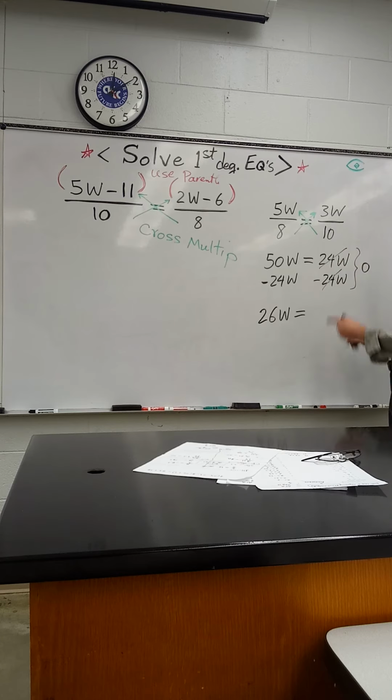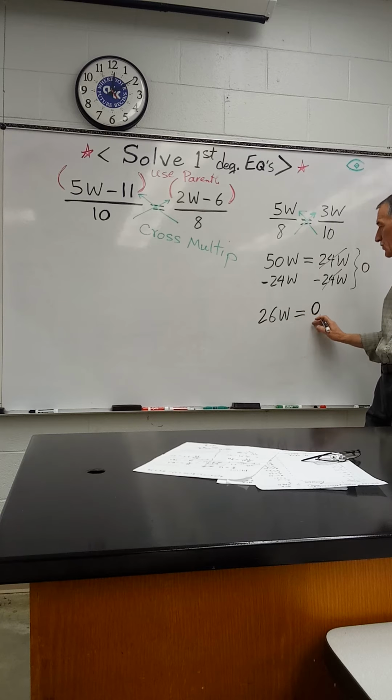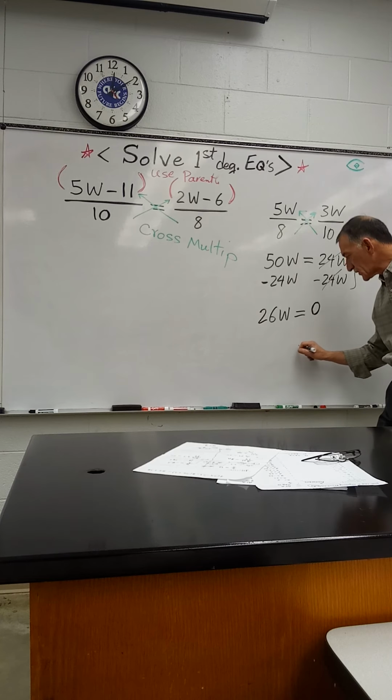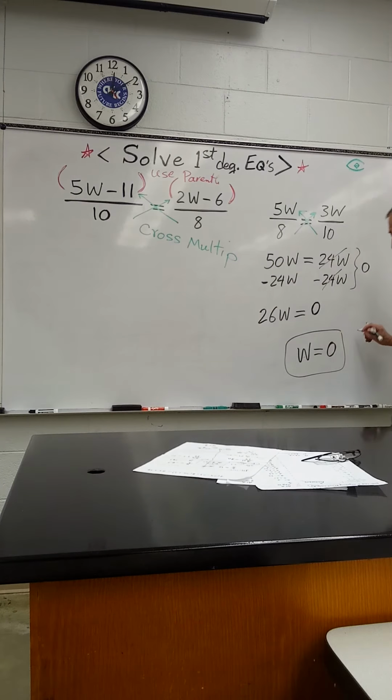So that's not 1w, that's 0. So therefore you're going to have 0 on this side. If you have 26 or any number times an unknown equal to 0, that unknown is equal to 0. So therefore w is equal to 0. That's an answer. You can circle it, that's my answer very proudly, and put a check mark beside it because